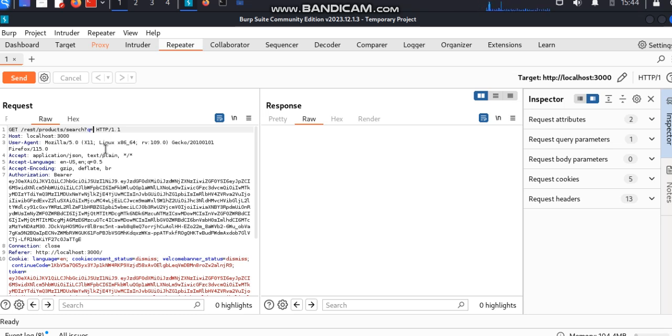Then immediately after the equal to sign, you start with Apple, then an apostrophe, then two normal brackets, not curly brackets, then plus union select, union plus select, plus one,